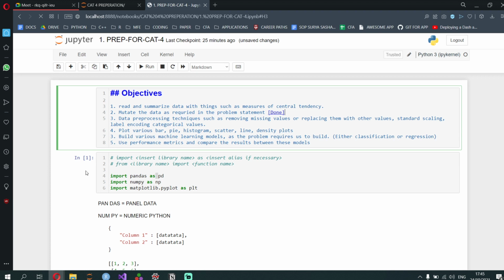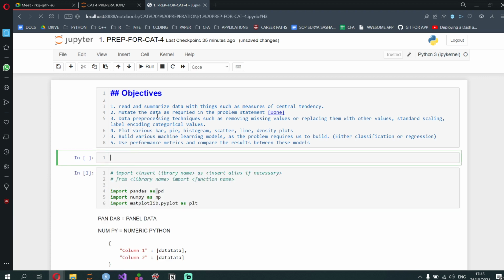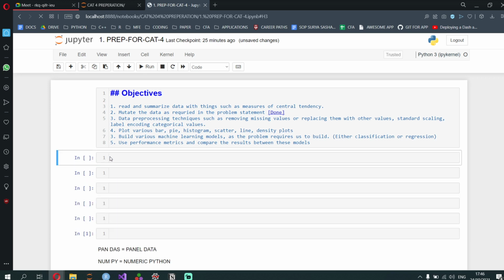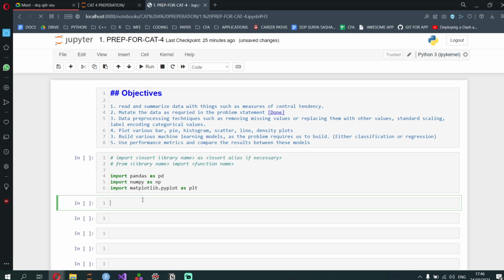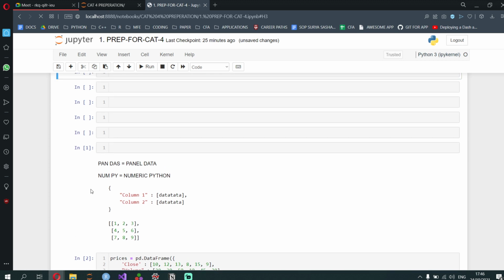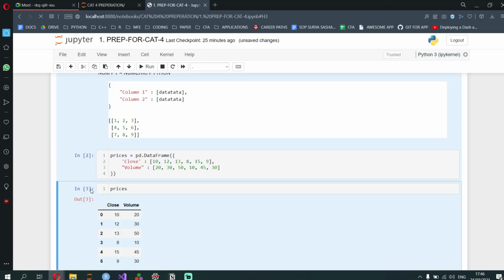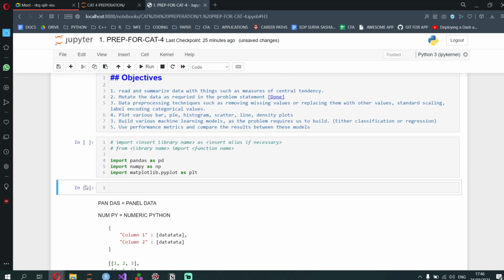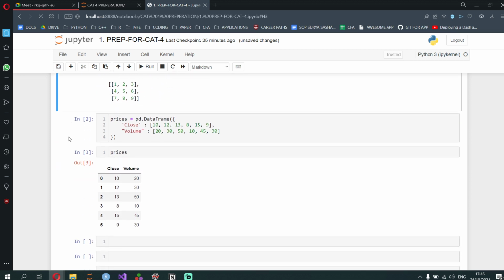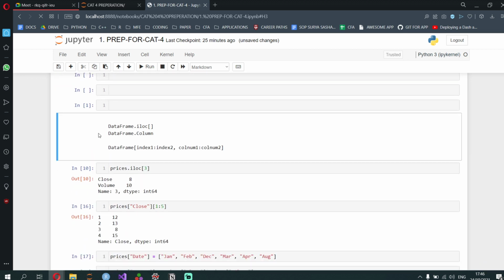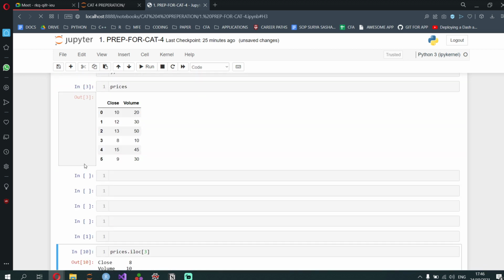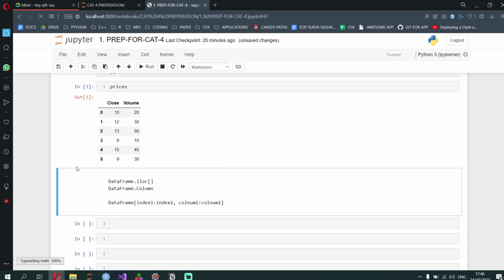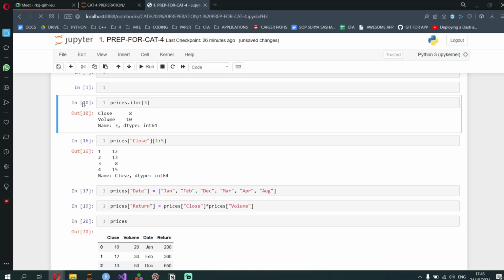Okay, now let's go with read and summarize data with things such as measures of central tendency. Okay, so now reading and summarizing data with respect to control X V. I'm really sorry, guys. I'm arranging it for posterity, so I hope you bear with me. I know it's already a little boring. I'm really sorry, guys.